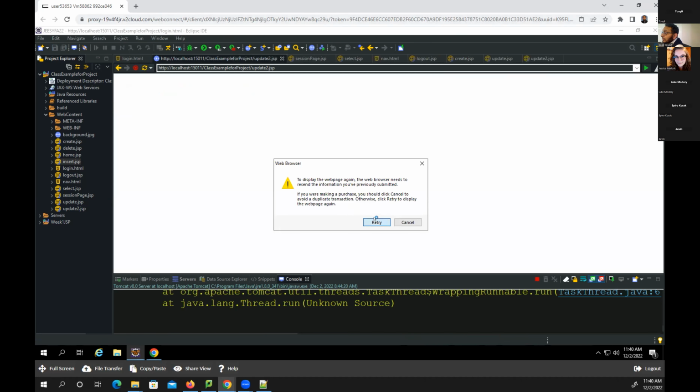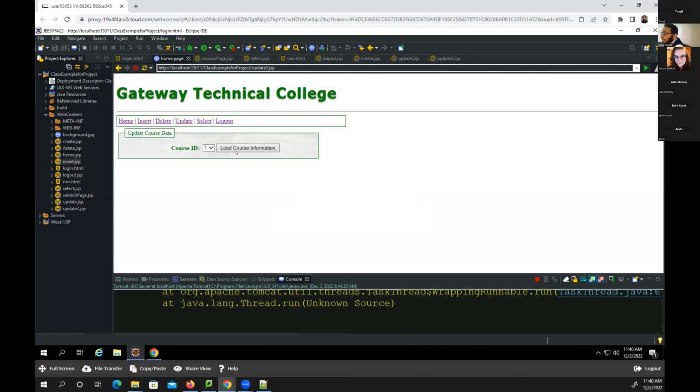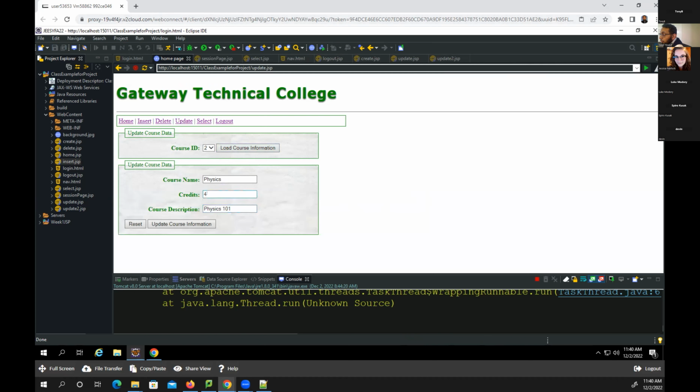Okay, let me first fix this one. So I'll refresh mine. Okay, and now let me make sure by going to my course number 2 that physics is 4 credits. So it's fixed for me. Okay, let me look at yours. Oh, filter credit in your field, credits, is not valid. Probably has to be something that's update the course, set the course date, oh, this is